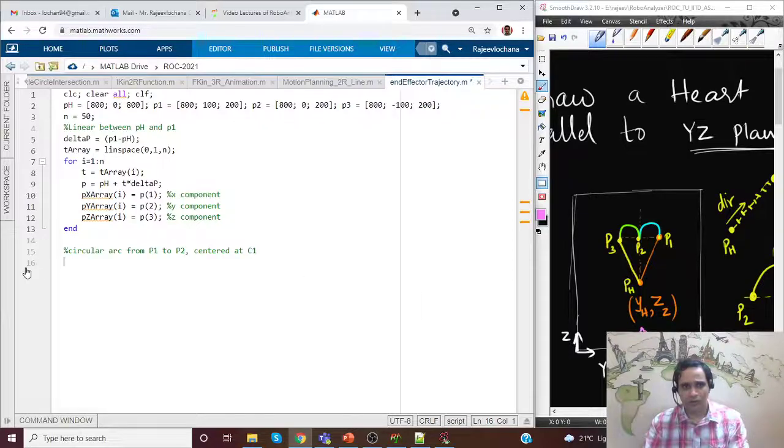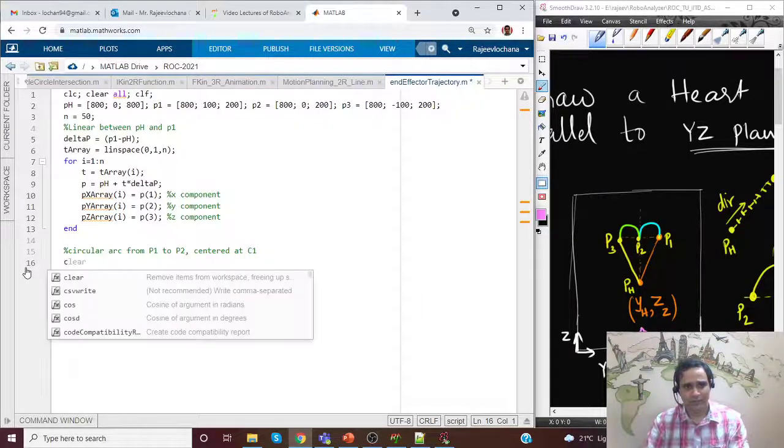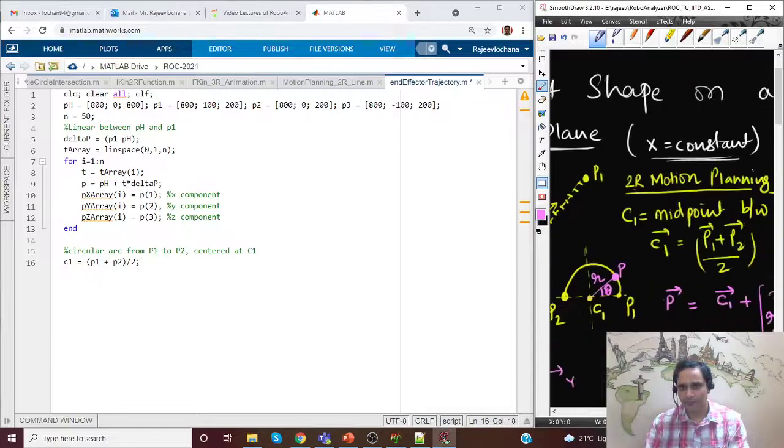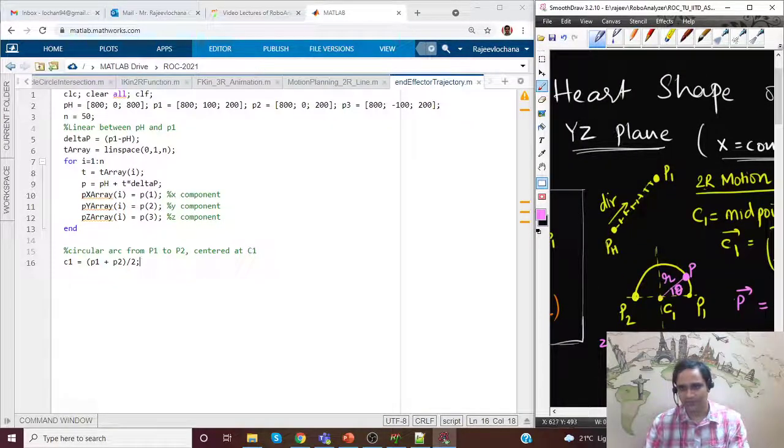Okay, so how do we get the center? I'll have a vector c1 which is basically p1 plus p2 divided by 2. Okay, so when we do this, we are getting the center point c1.